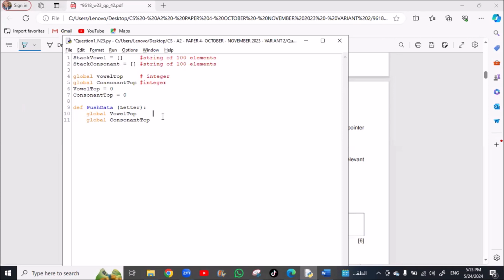The vowel top and the consonant top. So we need to ask if this letter is a vowel or not. If it is a vowel, we will work with the vowel stack. So if letter